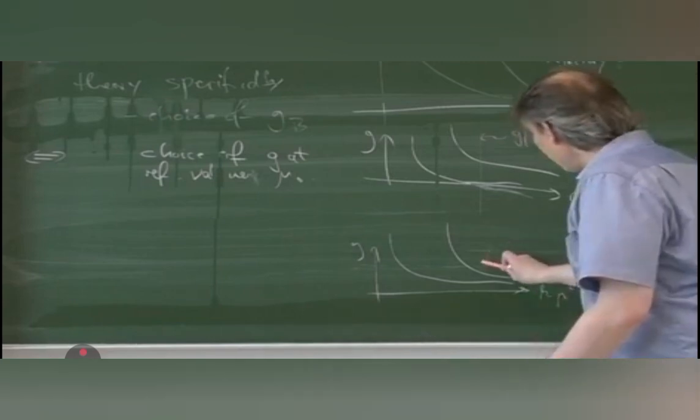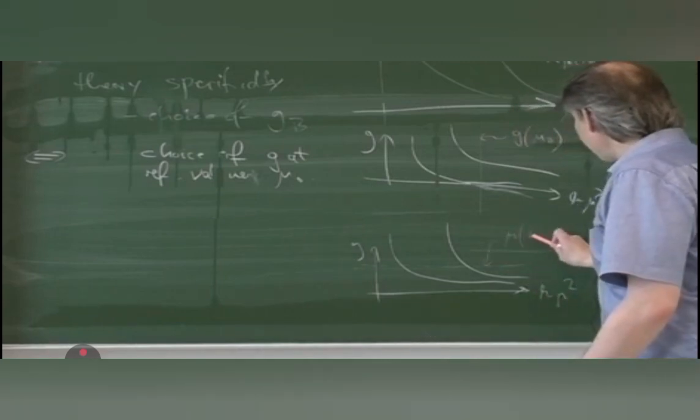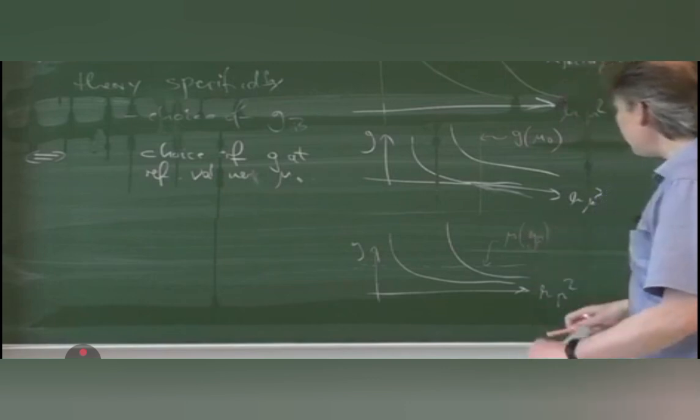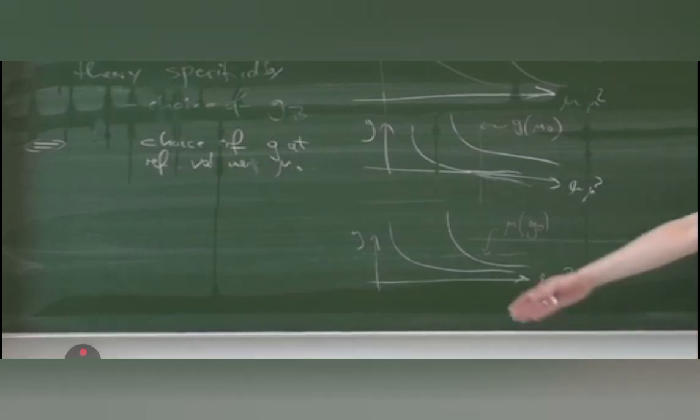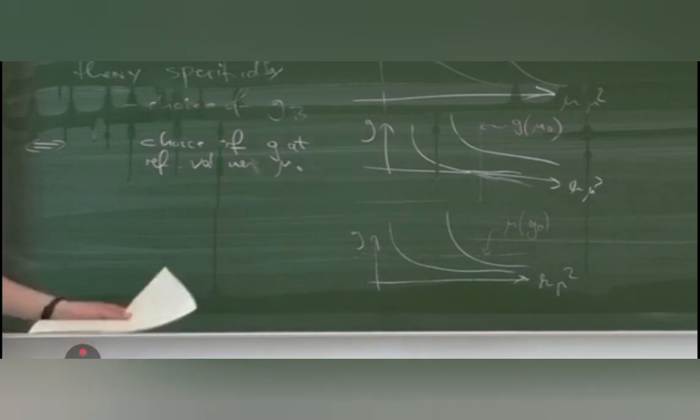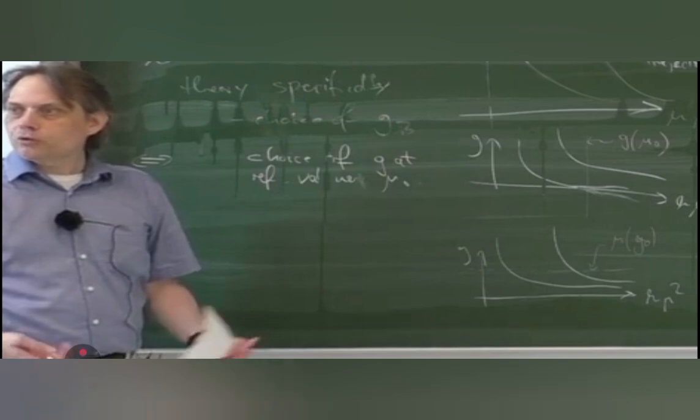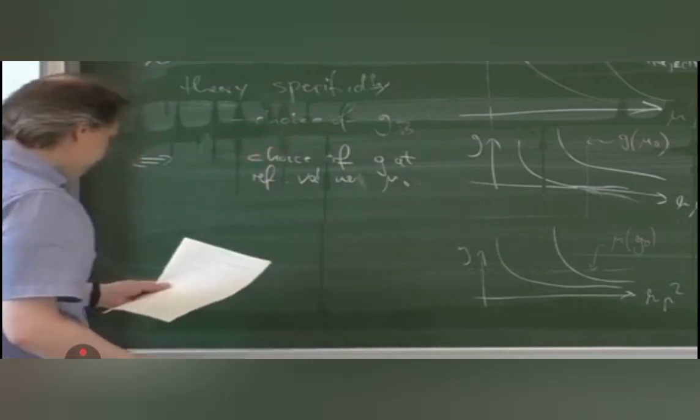So we would say mu of some reference value g0. So we do not give a numerical value of the coupling, but we provide a numerical value of mu at which the coupling has a certain value, for example, coupling constant equal to 1 at mu equal 1 GeV and so on. So this is an equivalent way to specify which QCD we are actually getting